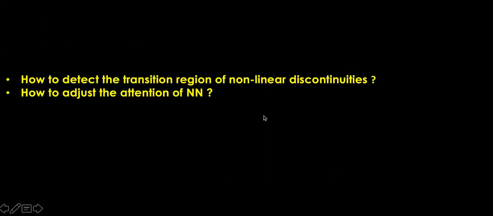Based on that, here we have two following questions. First is how to detect the transition region of nonlinear discontinuities. Second is how to adjust the attention of the neural network. For the first,